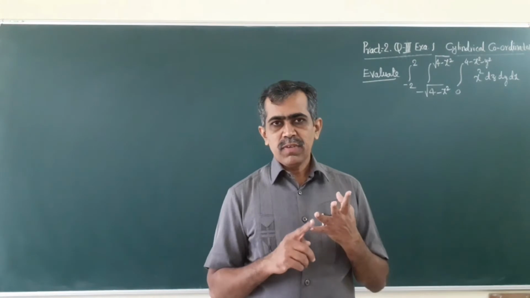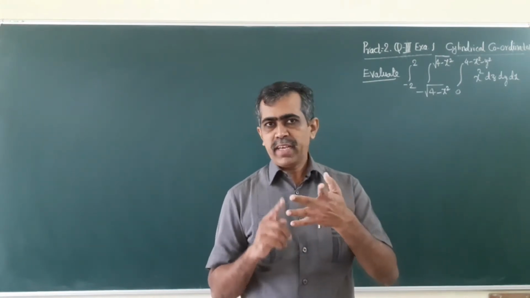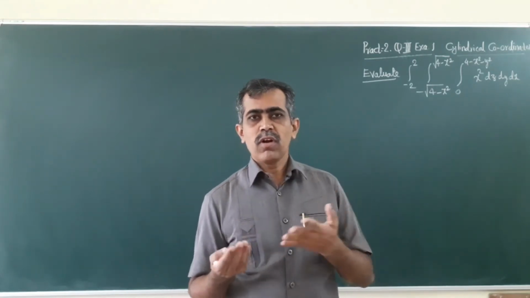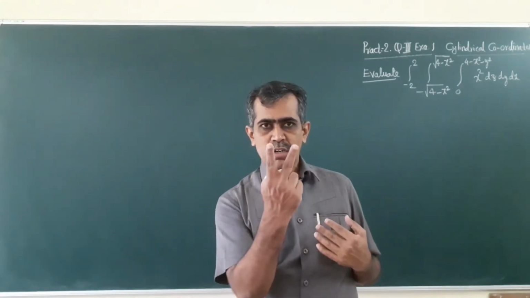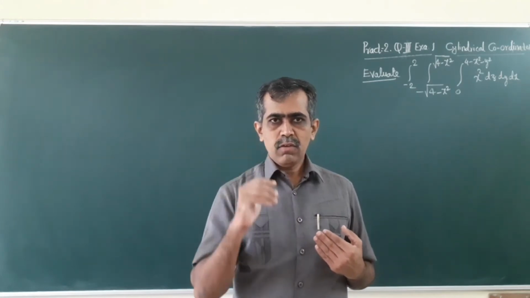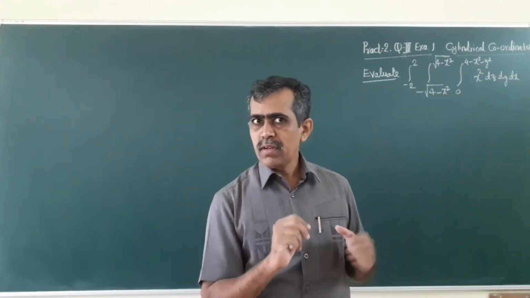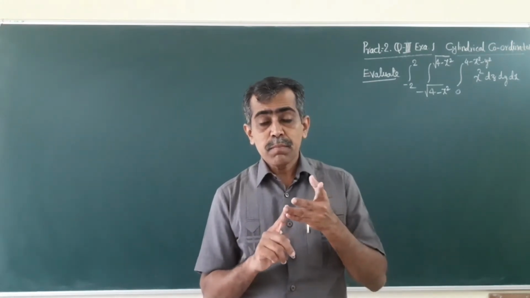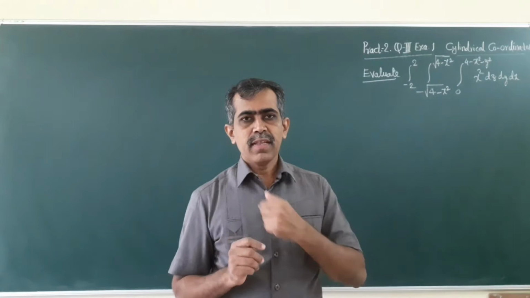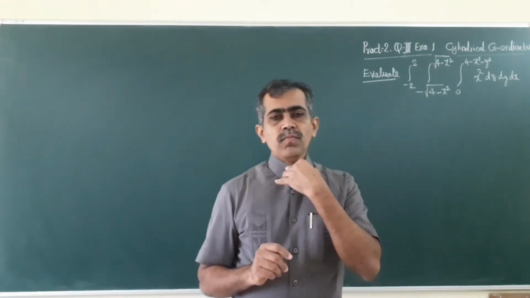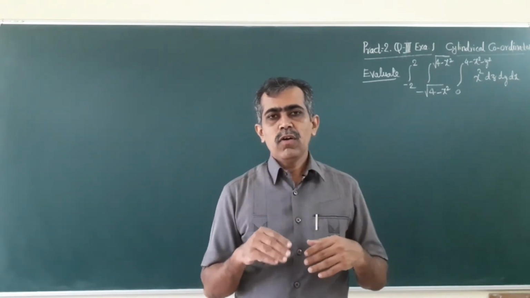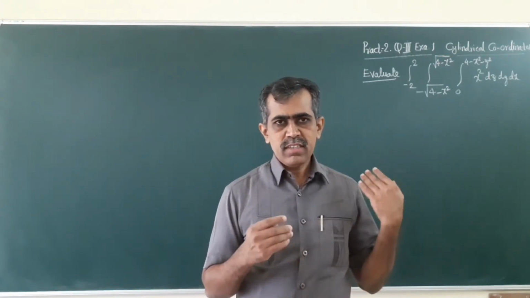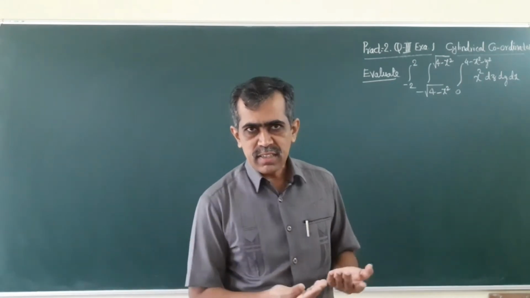So, when we change the variable, there are 3 steps: make a substitution such as x square is t, or here we make a substitution as in polar coordinates, x is r cos theta, y is r sin theta, because there are 2 variables. In your 12th you have studied integrals of only one variable, here there are 2 variables, so we make a substitution for x and y. That is the first step, make a substitution for the variable. Then the second step is to find the value of either dx in terms of dt, or here dx dy in terms of dr d theta.